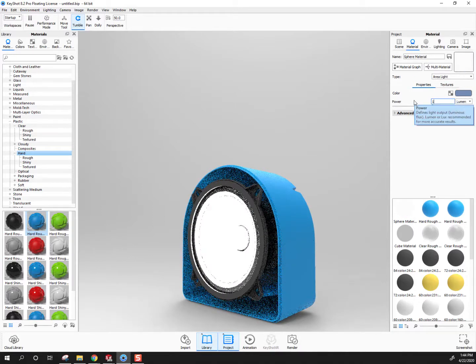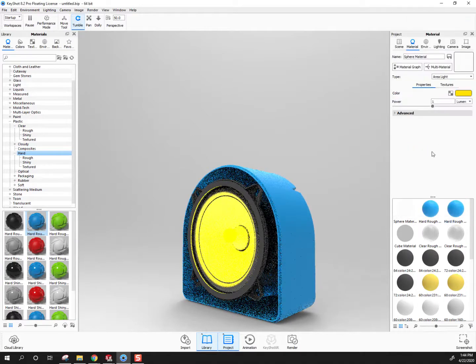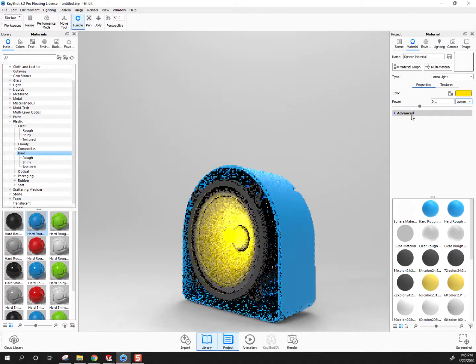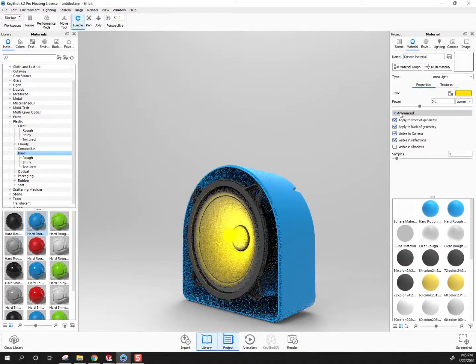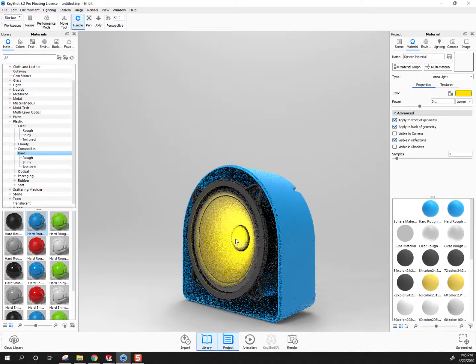Let's try dialing this way down. 1000 lumens is super bright. And let's see if we can change this color. There we go. And even if that's too bright, I don't know, 0.1. And then under advanced, you want to uncheck visible to camera. And now it looks like